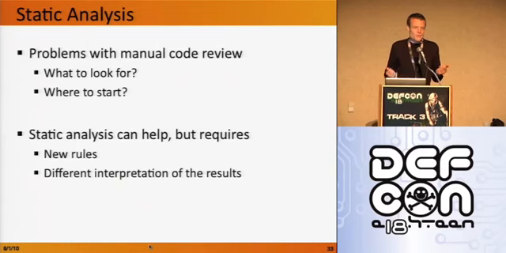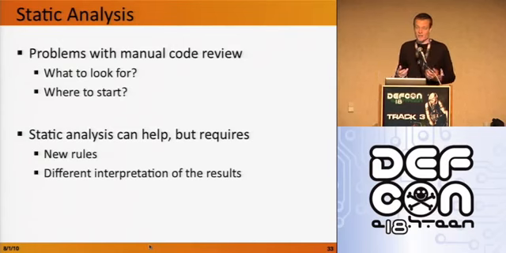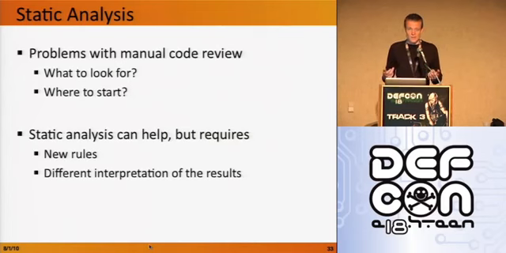So those are really the two challenges with using manual review for insider threats. One is your reviewer has to know what he's looking for, what she's looking for. So they need to have a lot of domain expertise in terms of the kinds of techniques that insiders are going to use to do some sort of damage. So A, your reviewer has to be pretty well trained. They've got to be thinking about this problem specifically. Two, where do you look?